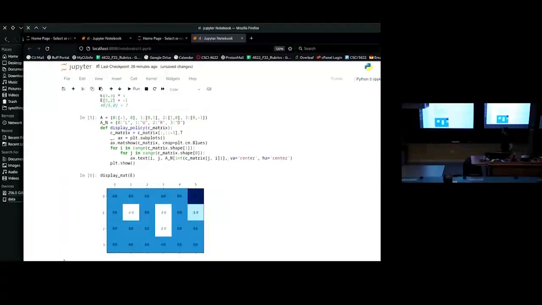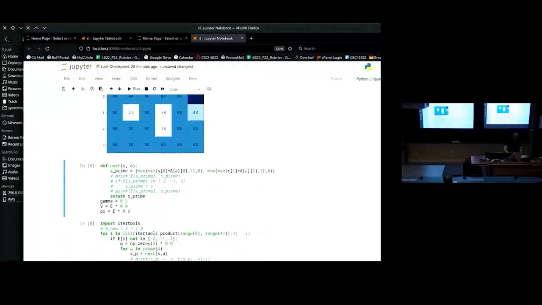Yeah, this is the environment from last time. I'm just putting 1 for the target, -1 for the penalty, and -2 for the wall. Okay? And I'm defining here a function called next. So what this does, it just makes sure I am staying inside the boundary. I'm not going outside the limits of the matrix here. I use gamma 1/2, initialize the value function, just the value function where everything is 0, and the policy, the